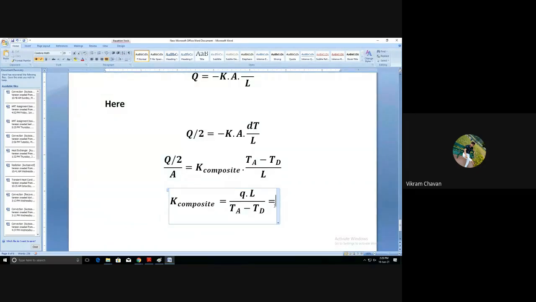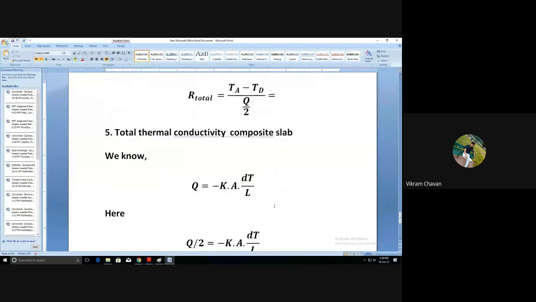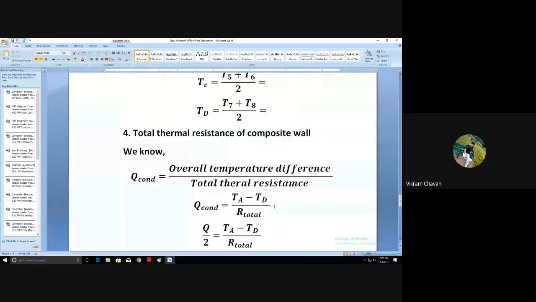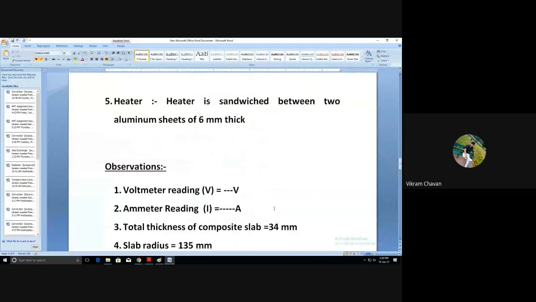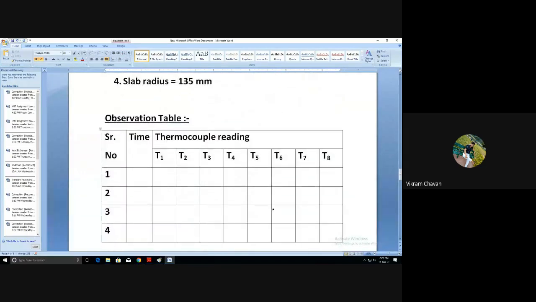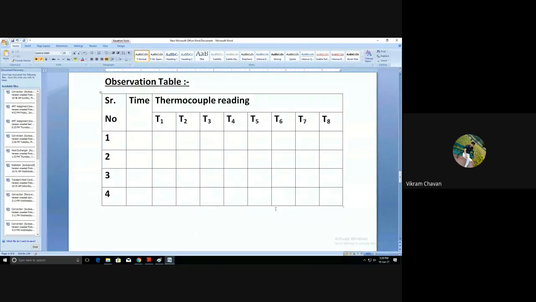Is there any problem or any question in this explanation of experiment number 2? Okay, so wait for 2 minutes. I'm going to the lab for the experimentation purpose. I will show you a demo of the actual performance.